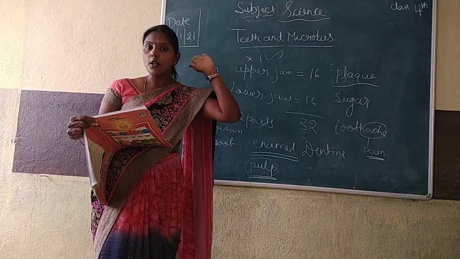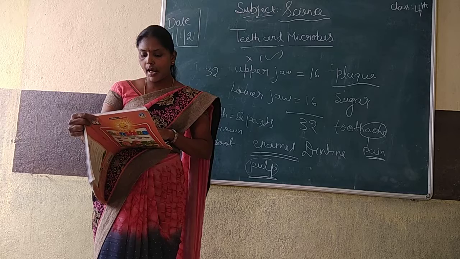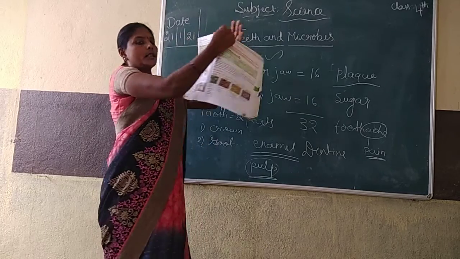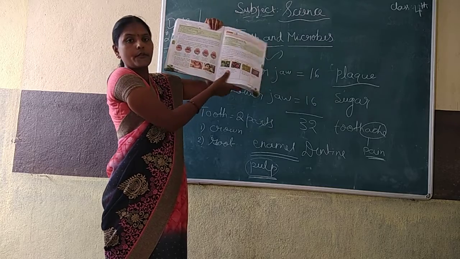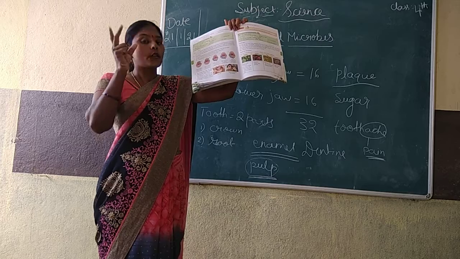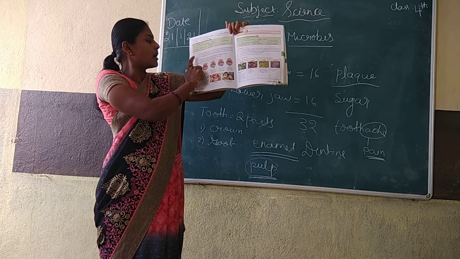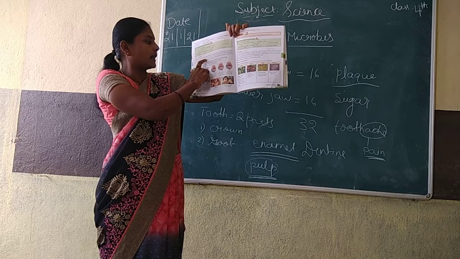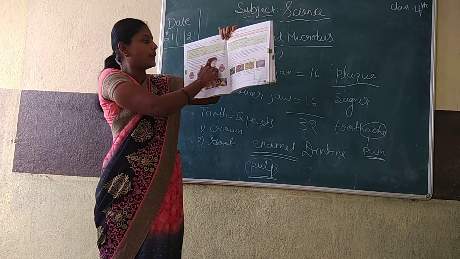Fifth one, we should brush our teeth correctly as shown in the figure below. See here, 1, 2, 3, 4, 5. They show how to brush our teeth properly. Understood? First one, we should brush our teeth at least twice in a day, in the morning and before going to